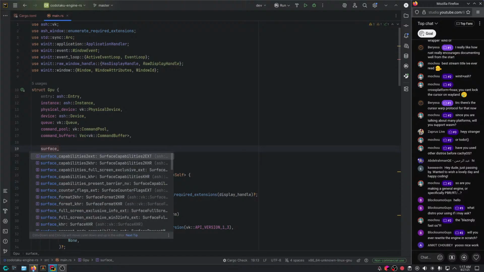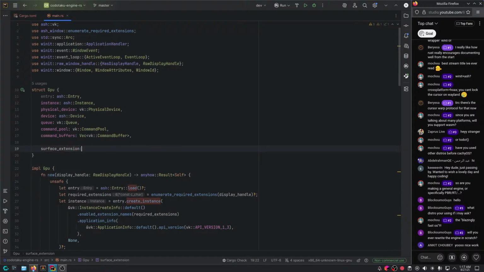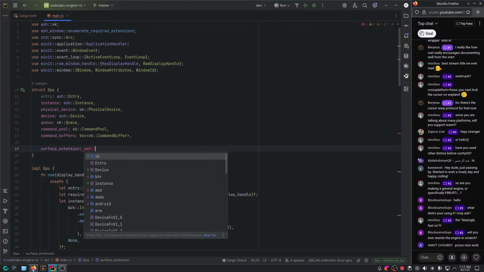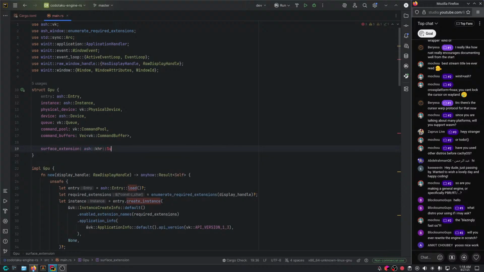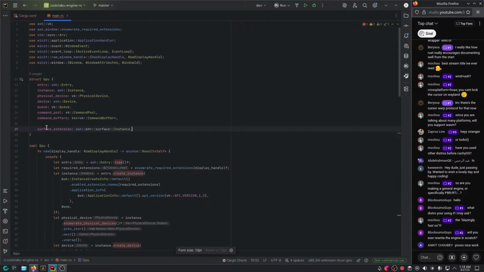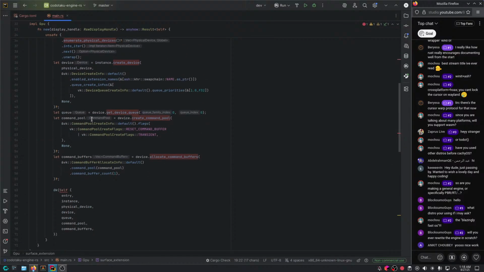So like the surface extension, I believe, isn't it? I think so, if I remember. Surface instance, I believe that's basically it, yeah. And then you basically load it up.